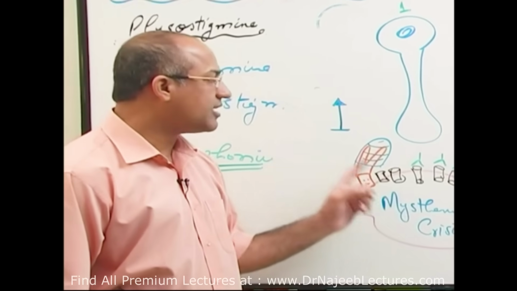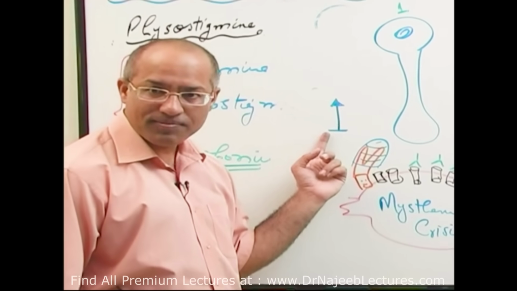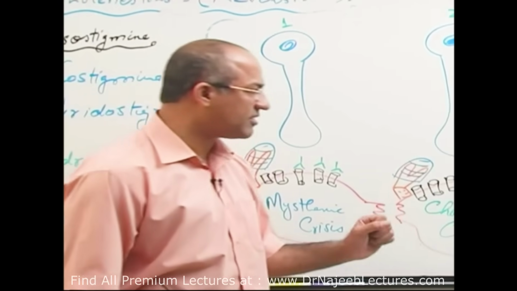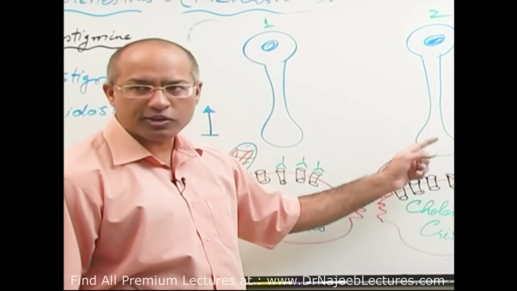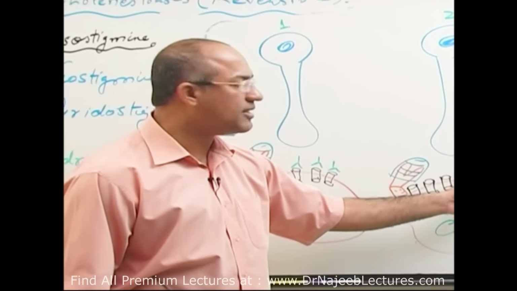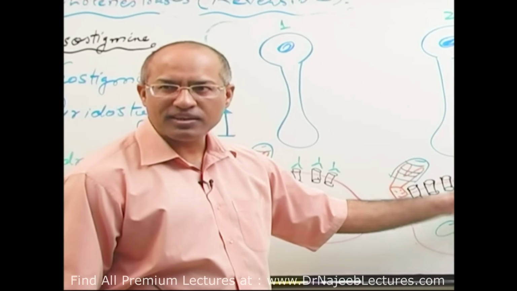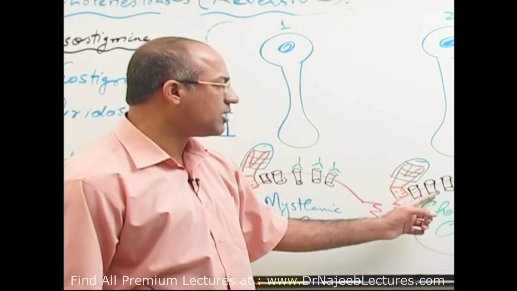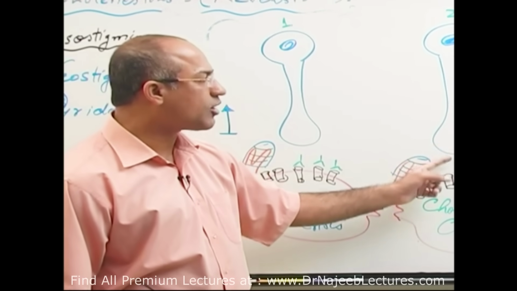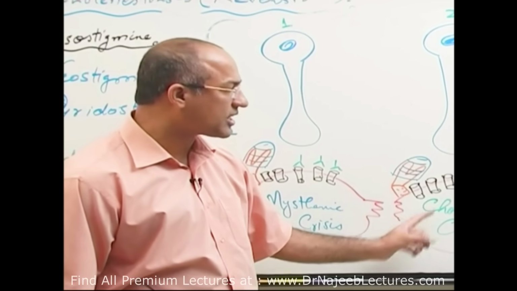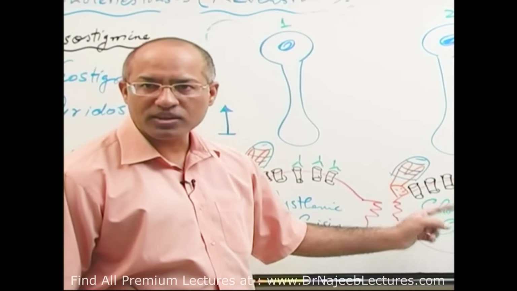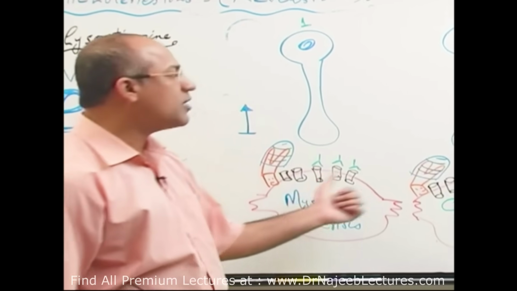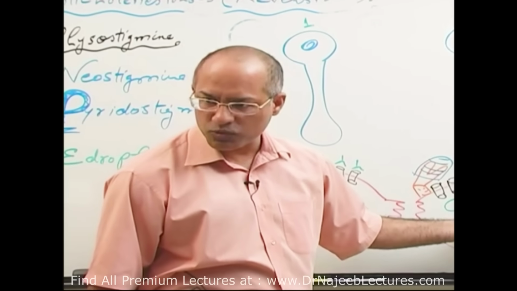And in these cases, we need to increase the dose of anticholinergics. Opposite to that, in cholinergic crisis, probably either the patient has taken an overdose of the drug or the underlying disease process has been suppressed, or has been less active, and more channels are available. Due to that reason, the acetylcholine is overworking, and due to cholinergic crisis, muscles are again showing weakness. I told you, when these receptors are understimulated, muscles become weak. When they are overstimulated, muscles still become weak.